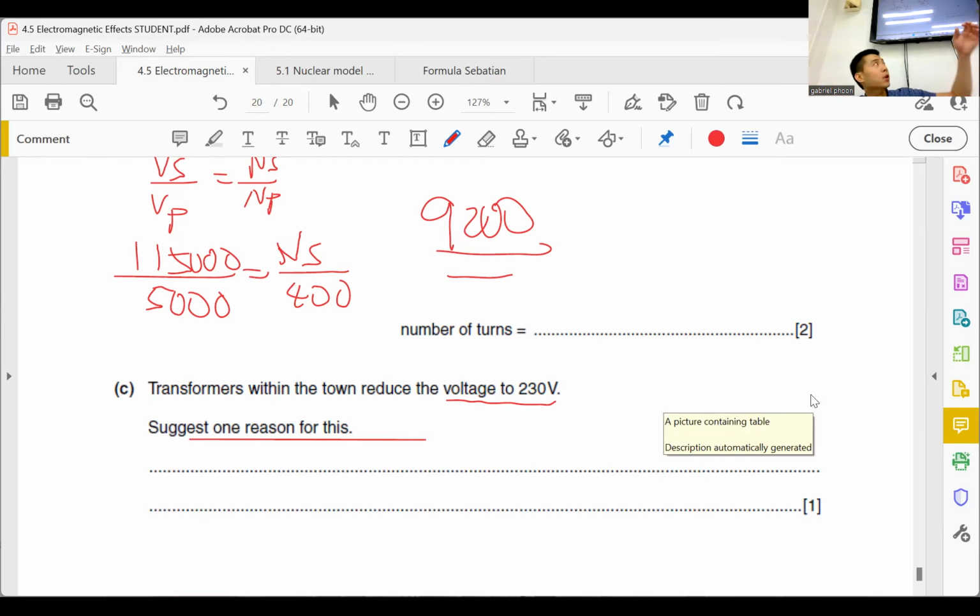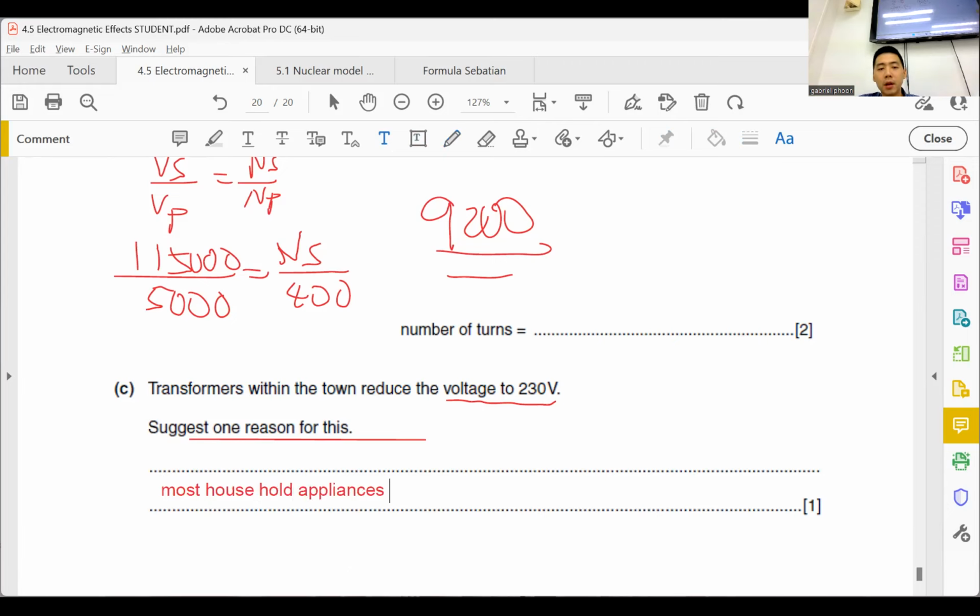For example, this TV will take 230 volts and transform it to 10 to 15 volts. My computer will take 230 volts and transform it to 20 volts. My iPad will take 230 volts and transform it to 5 volts, guys. Each and every one of our electrical devices are designed to take in 230 volts. So most household appliances